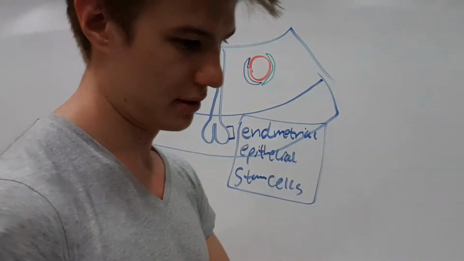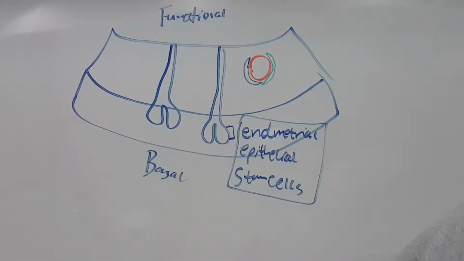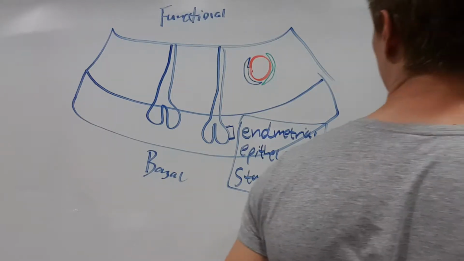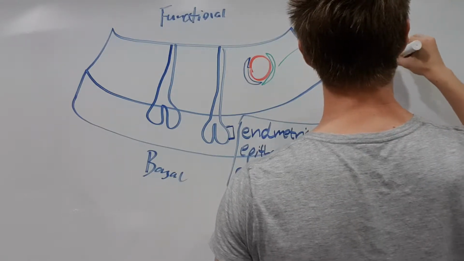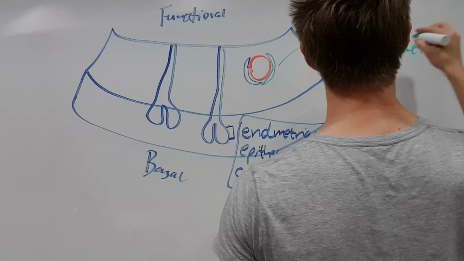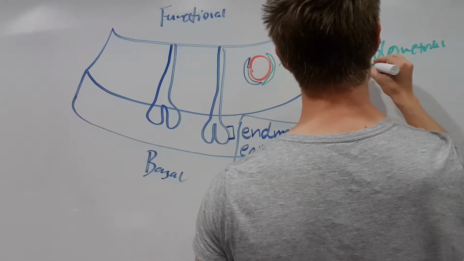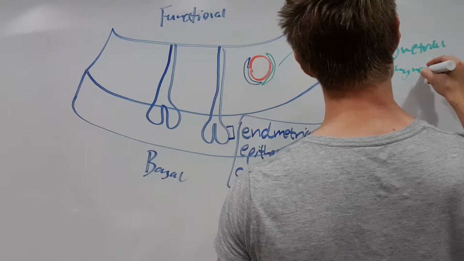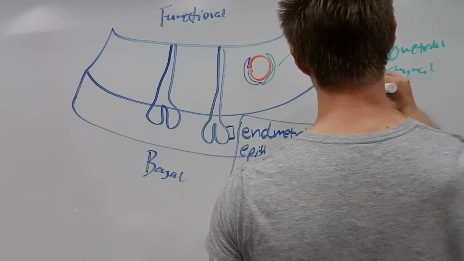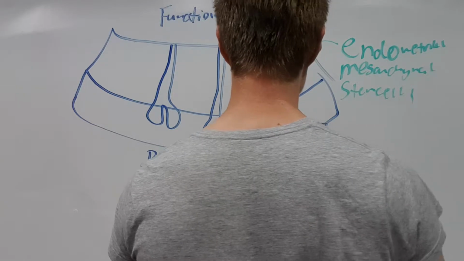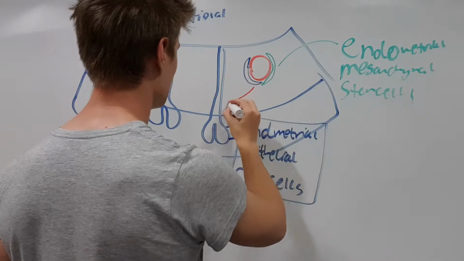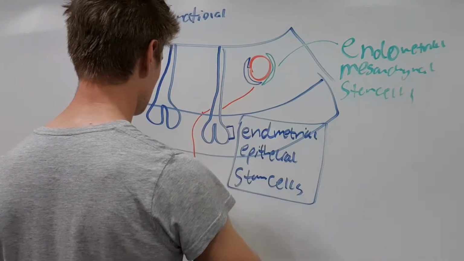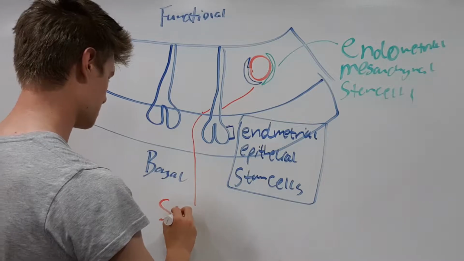We have endometrial mesenchymal stem cells. And then finally, and I don't have a different color, but I'm going to do it in red, we have side population